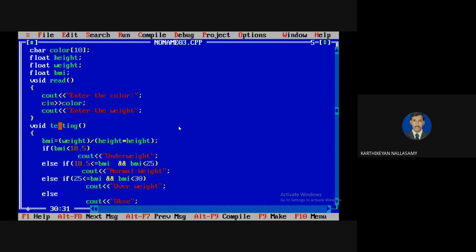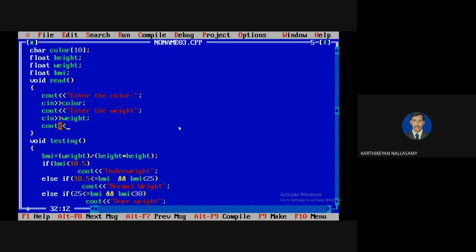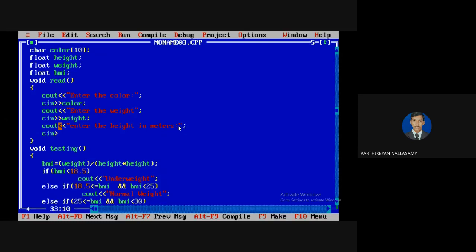Enter the weight: I'm going to read the weight of the person in kilograms, cin. cout: enter the height in meters, cin. Whenever you are reading input, give a clear explanation to the user, such as entering in kilograms. So now the value is read.